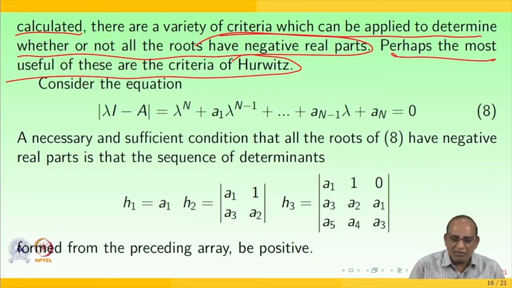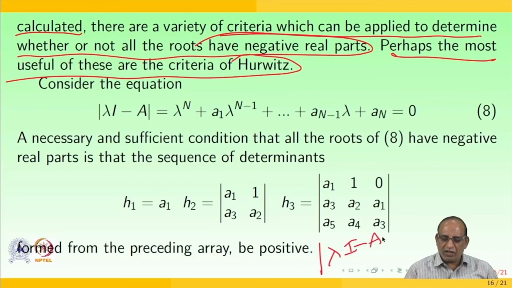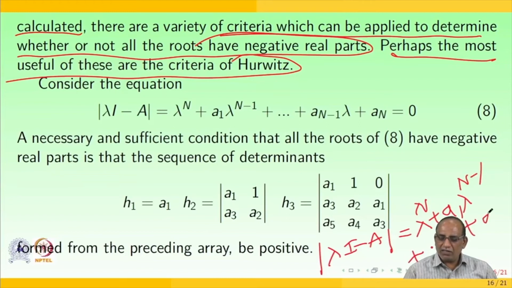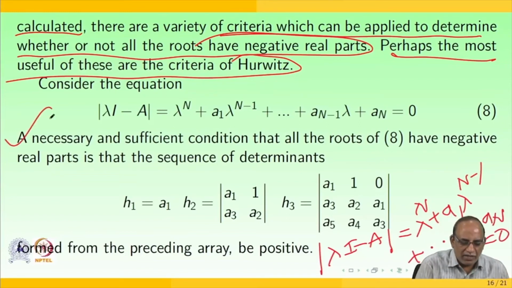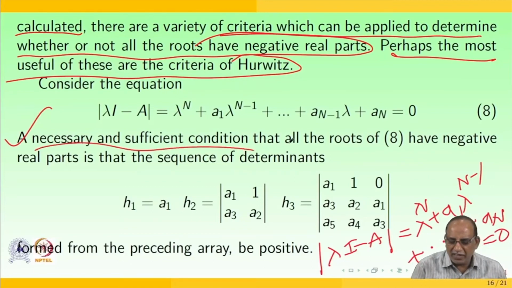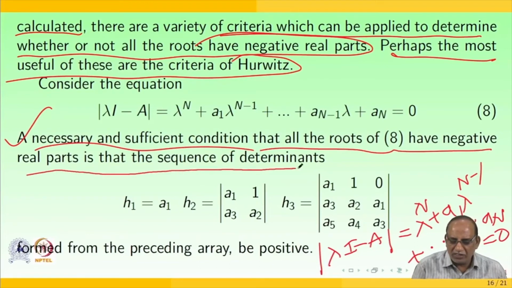Consider the equation det(λI − A) = λ^n + A1 λ^(n−1) + ... + An = 0. A necessary and sufficient condition that all the roots of equation 8 have negative real parts is that the sequence of determinants